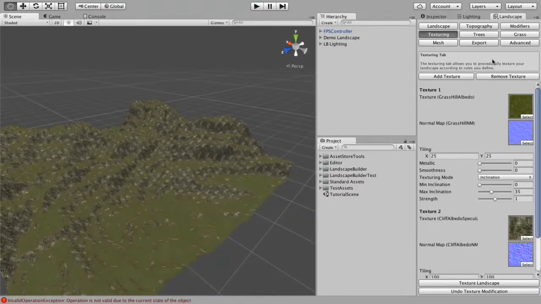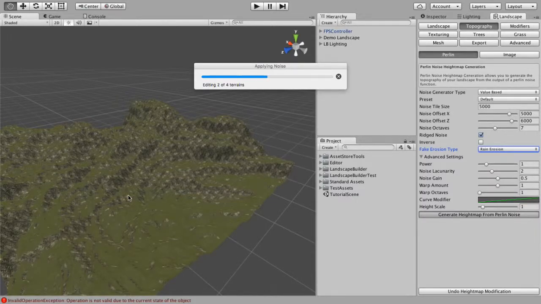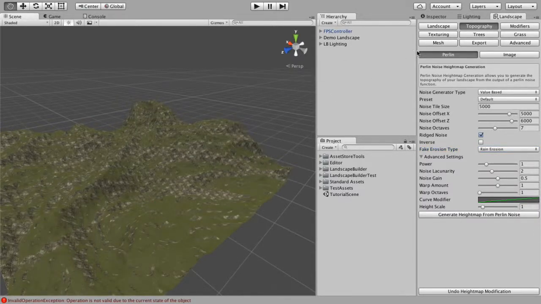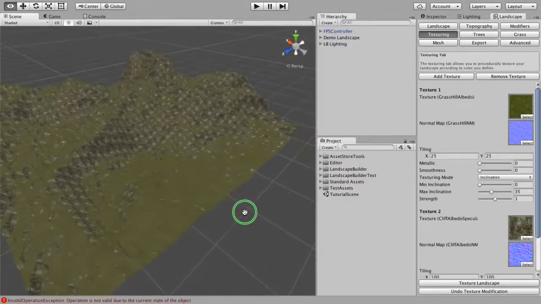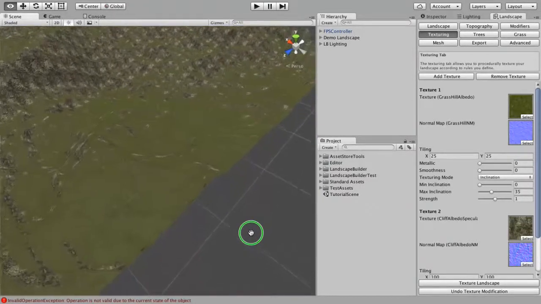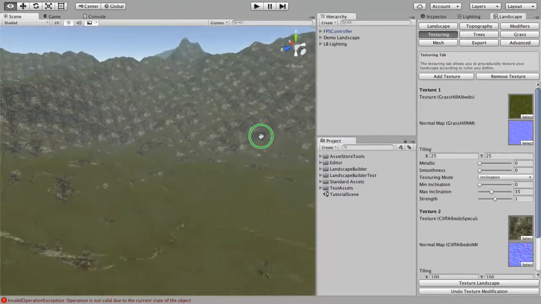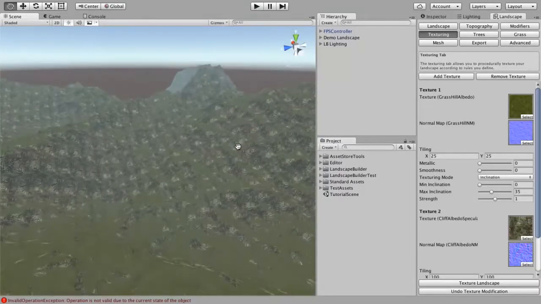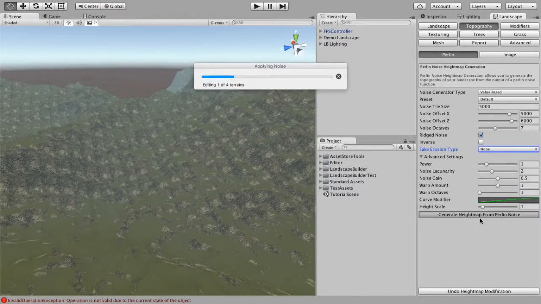Rain erosion, on the other hand, gives quite a different effect. So if we go to rain erosion and generate it, and texture it, you'll notice that most of the stream erosion stuff's gone away. Instead, what we're getting are these little rivulets here. Little areas that look like they've been affected by rain runoff. The last type of erosion we have is combined erosion, and combined erosion is basically just a combination of rain erosion and stream erosion. So we'll just go back to no erosion,